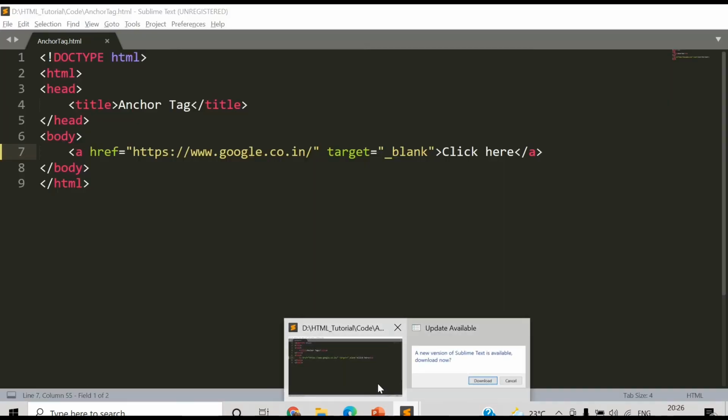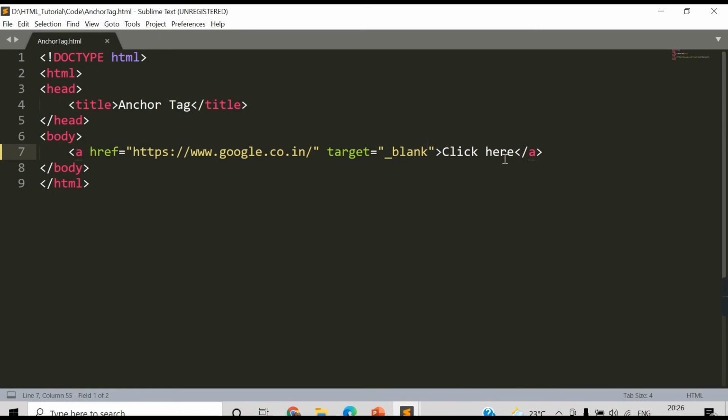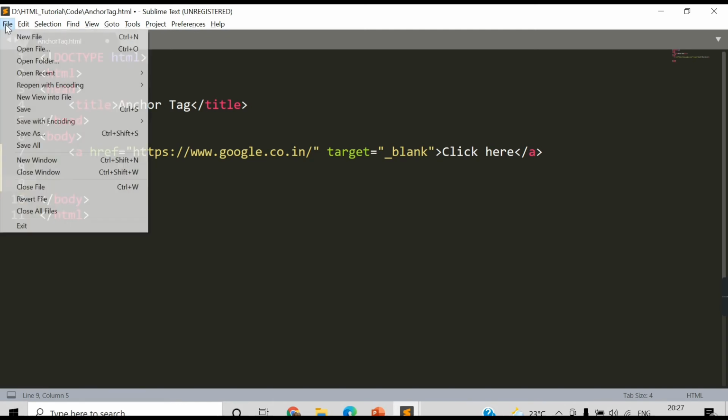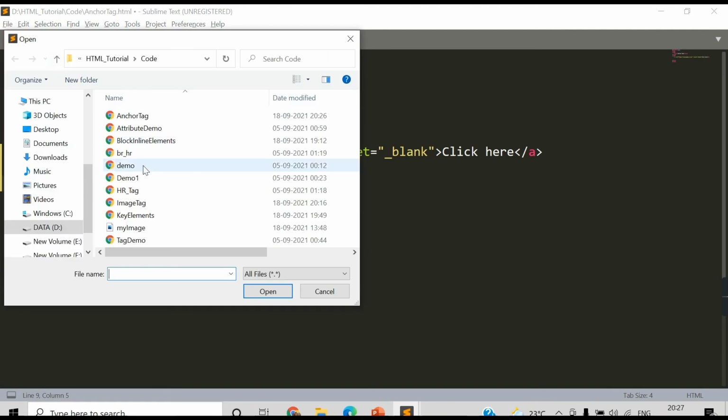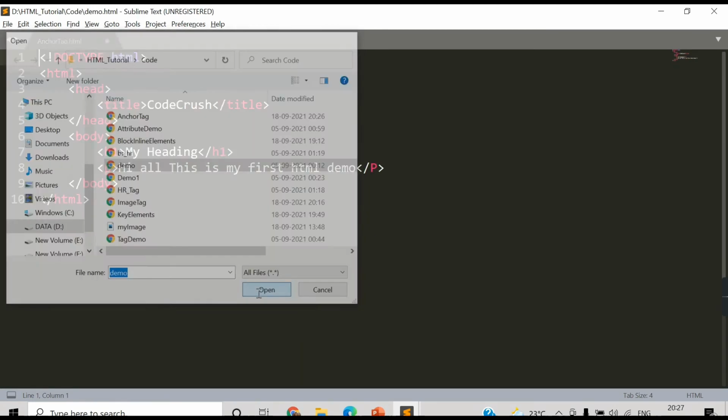So this is one of the uses of the href or anchor tag. Let's say I want to navigate from one HTML page to another HTML page, so how can I do this? Let's say I have one more HTML file, demo.html.